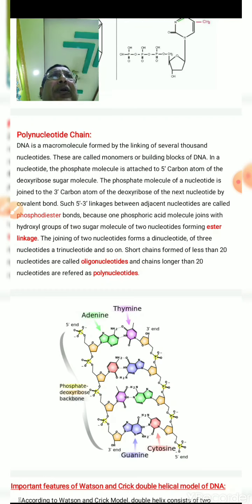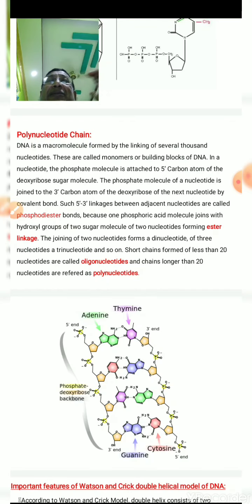The joining of two nucleotides forms a dinucleotide, of three nucleotides a trinucleotide, and so on. Short chains formed of less than 20 nucleotides are known as oligonucleotides, and chains longer than 20 nucleotides are called polynucleotides. One point must be clear: there is the phosphodiester bond, also known as the phosphodiester linkage, and there is simply the ester bond. Simply, an ester bond means when, particularly, the nitrogenous base